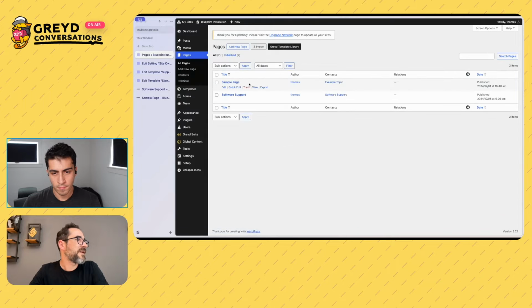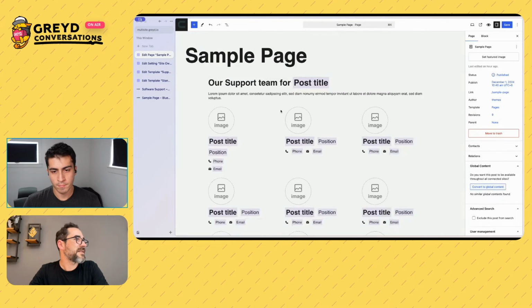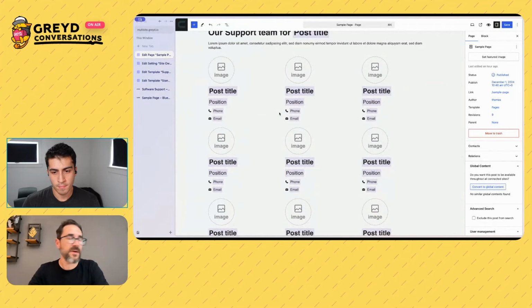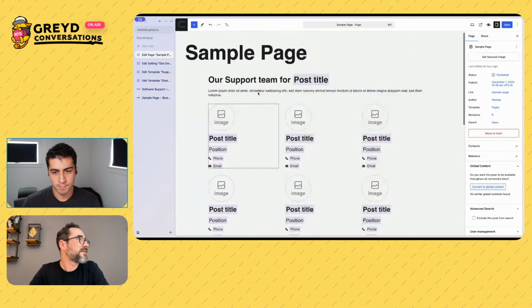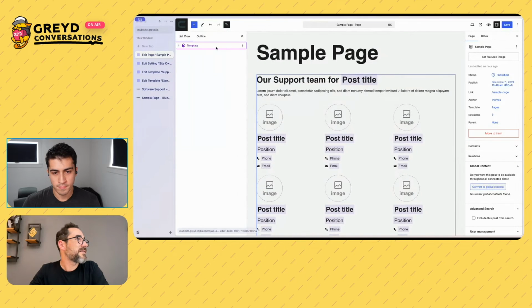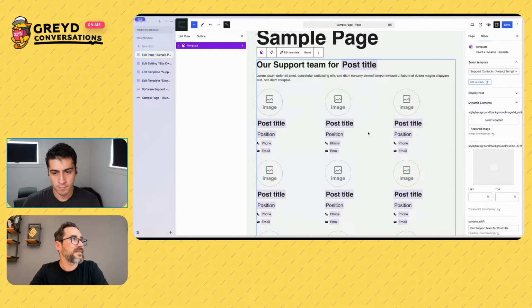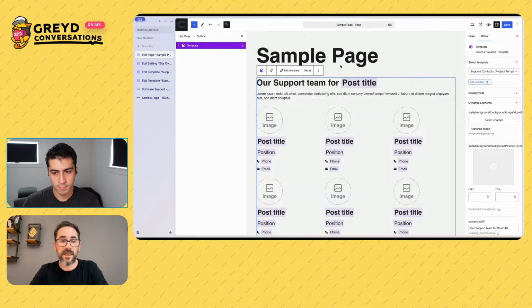So for example, if I create a page, Ethan is currently used here in this example topic page. But as you see, I already have an entire structure running and it's automated, because what I did is I used a dynamic template, and this dynamic template is set up so that it automatically takes the post title of the page, because we're talking here about support teams, and it automatically takes a taxonomy.